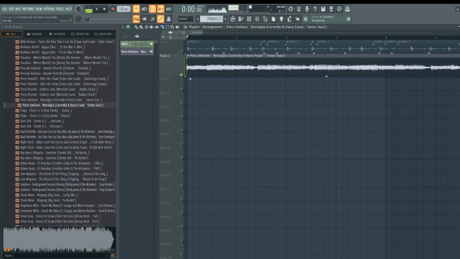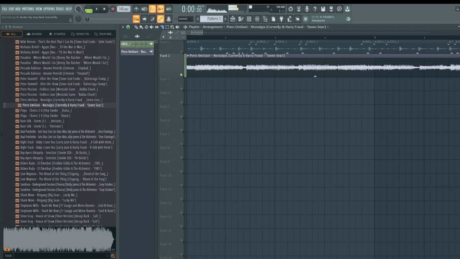So what we're going to do is listen to this music and listen to its natural timing without our metronome. Here's my technique. I grab the slice tool, I listen as I go, and I hit Shift Alt so I can do a vertical slice as I'm listening. 1, 2, 3, 4.